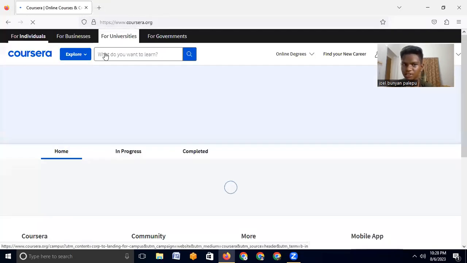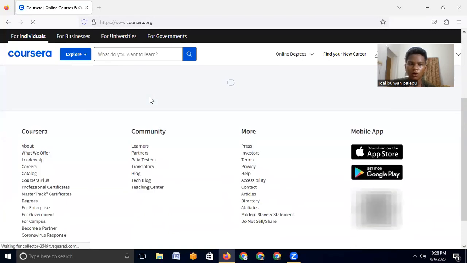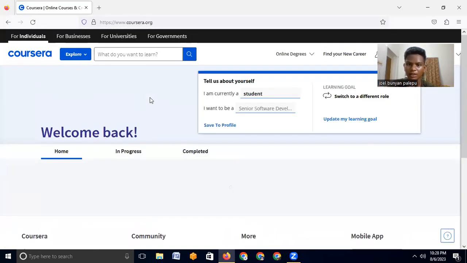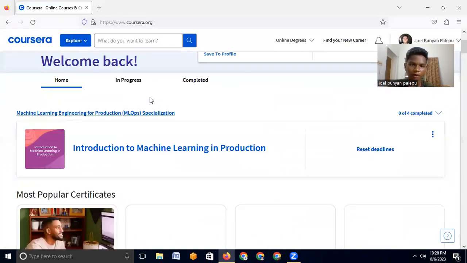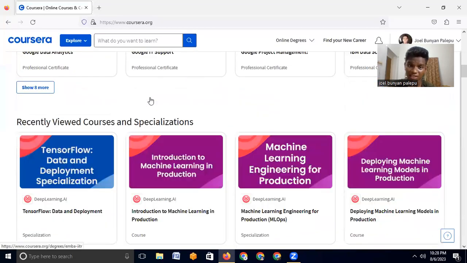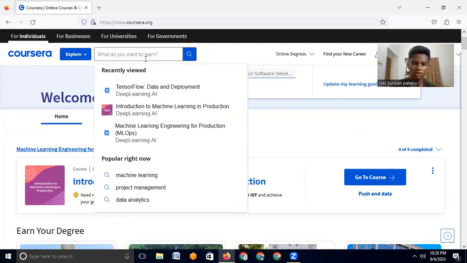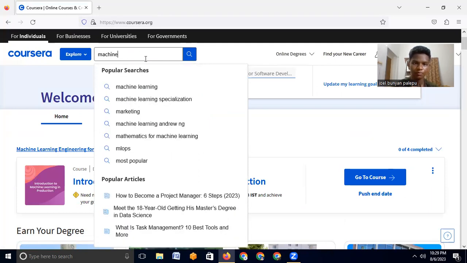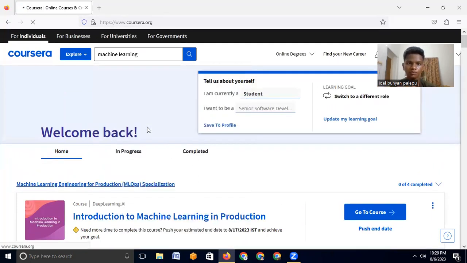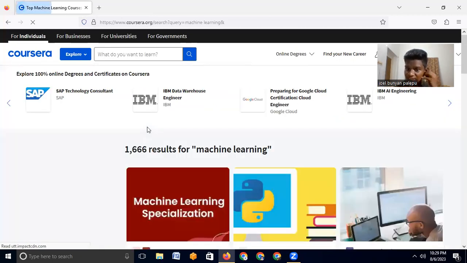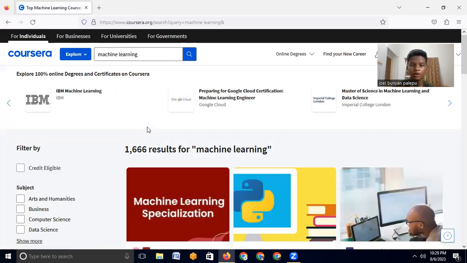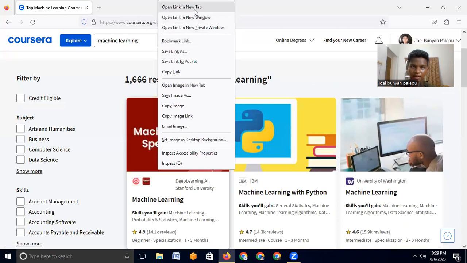So if you don't know about Andrew Ng, he's a man who has taught deep learning and machine learning to a lot of people, and he has a machine learning course. He also has a machine learning course in which he teaches. So if you just search for machine learning, he has recently launched a machine learning course, right, in which he has